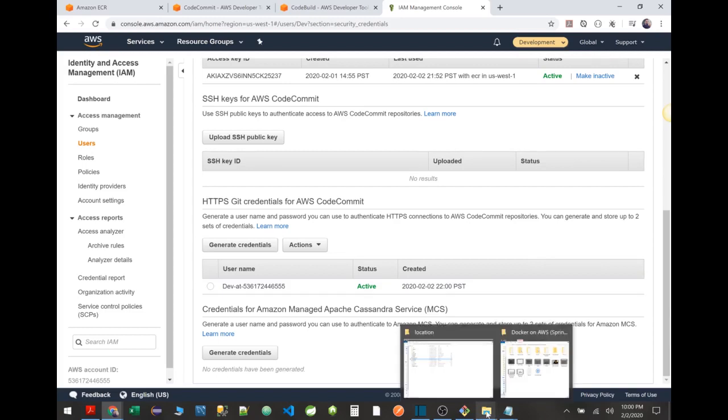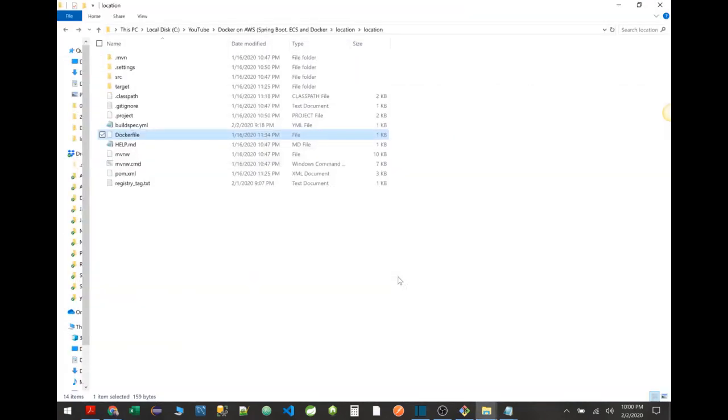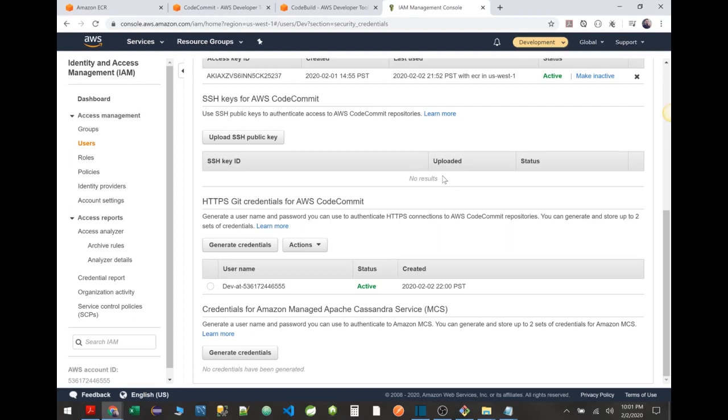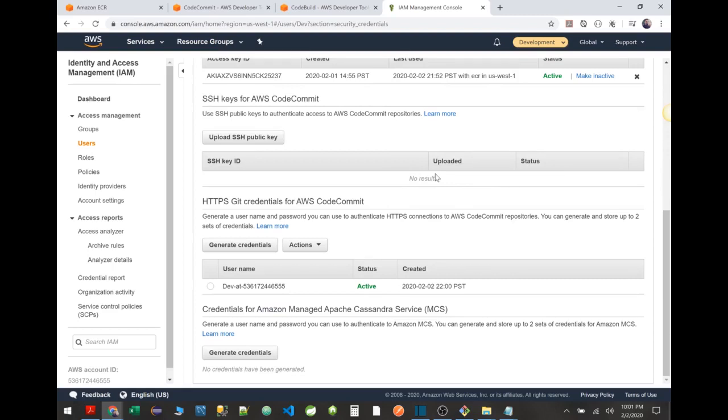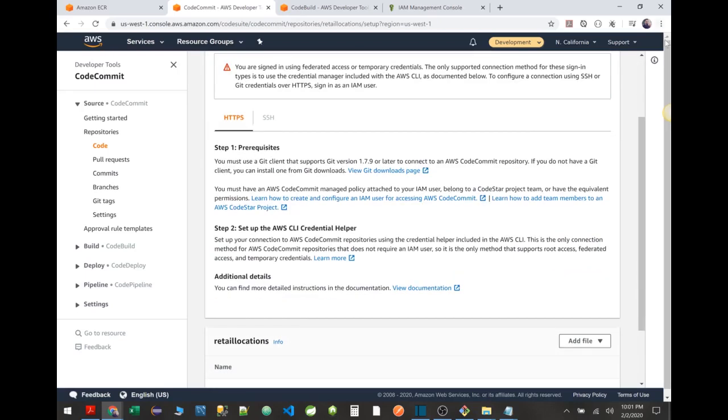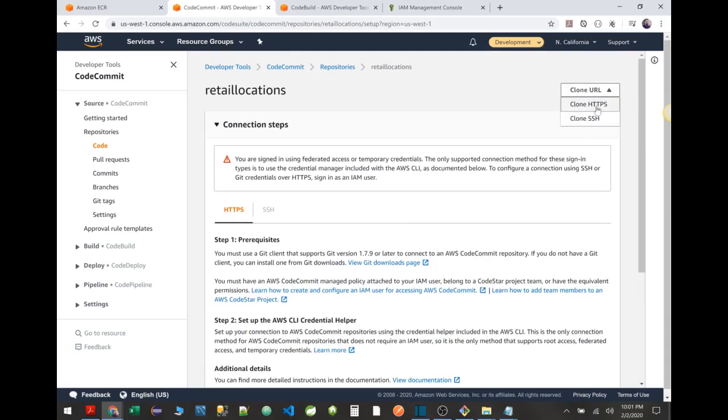I have to warn you that if you have used AWS CodeCommit on your machine, Windows Credential Manager in Control Panel will keep a copy of your credential. So if you go ahead and clone that repository, you will most likely get an error if you're using a different account or different username and password. If you got an error while publishing your repository to AWS CodeCommit, just go to Control Panel and remove that from Credential Manager. So now if we go back, we can just simply go ahead and clone this using